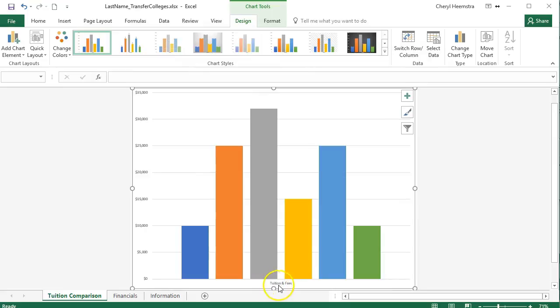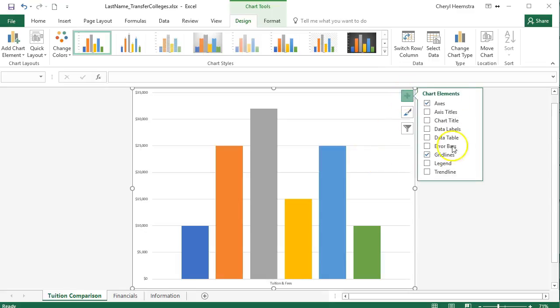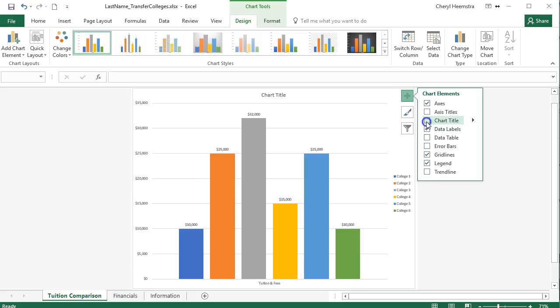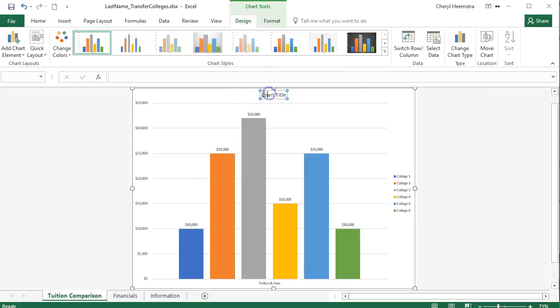And notice that it took the title and put it down into the x-axis. So we're going to make some other changes here. This is where now that we can have a legend to identify what college is what color. We will put our data labels in there. We can put a chart title now, and the chart title that we'll list here is